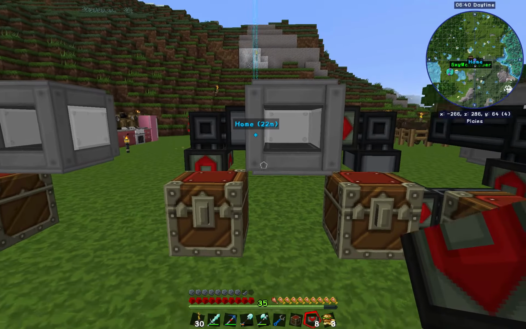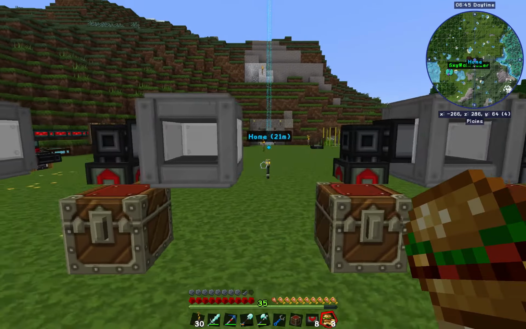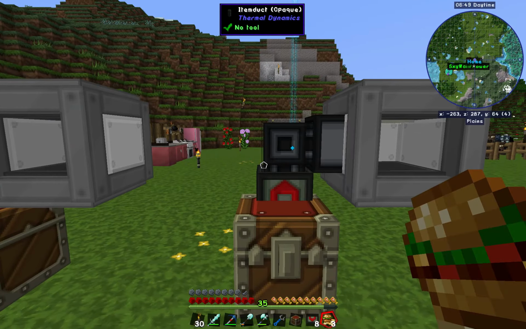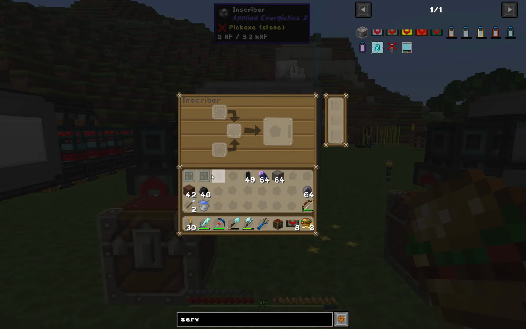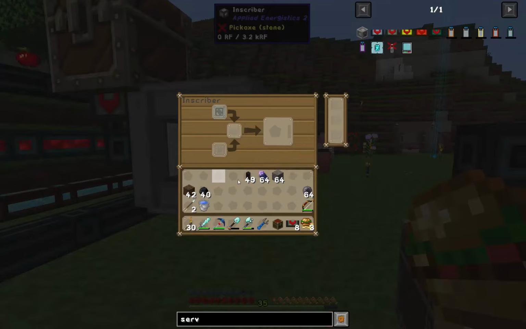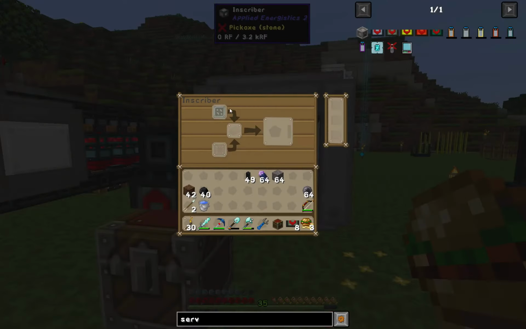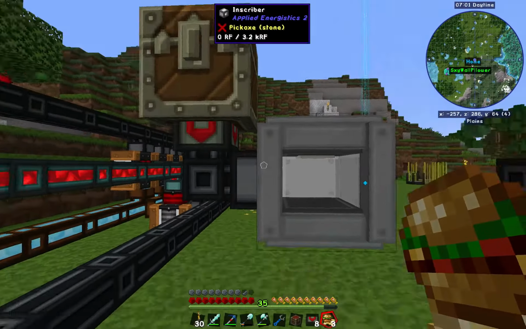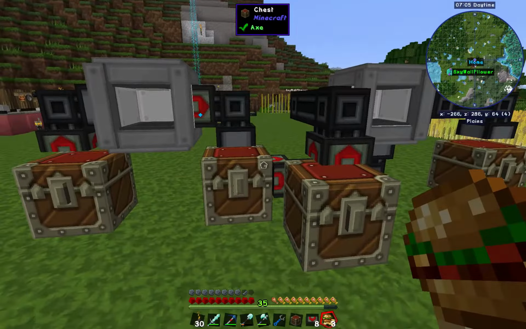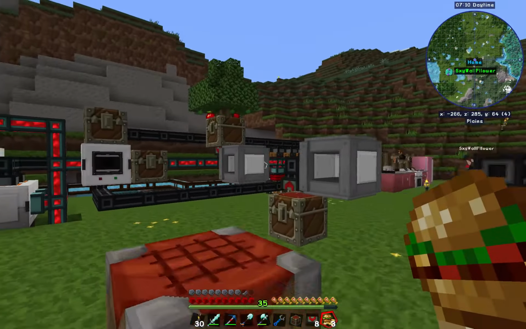So in this one here, let's put our silicon press. In this one, we're going to put our logic press. We will put our calculation press and then our engineering press. So yeah, calculation press, that's a little bit more of a complex problem, but we'll get there. But now we have these three: the calculation, the